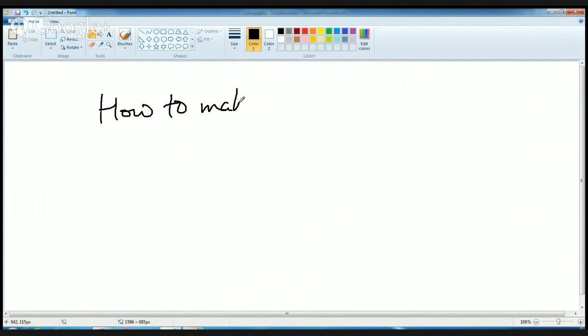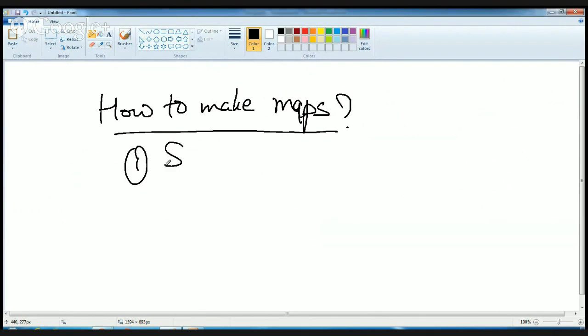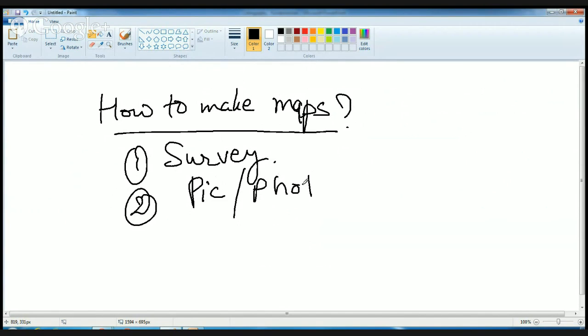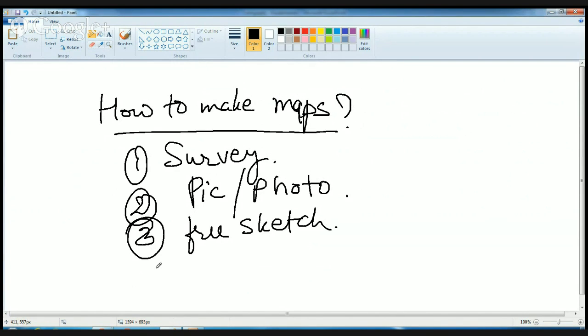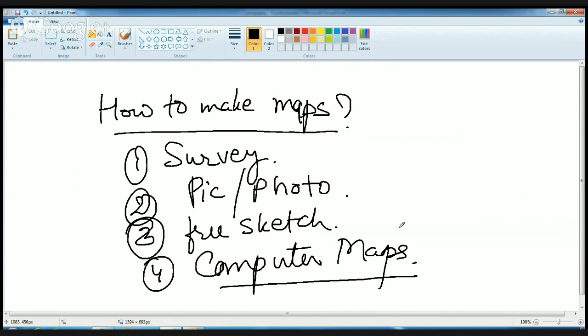How to make maps? Now this, as I said, is an art of map making, which is known as cartography. But how can I do that? There can be various ways. I can survey any area and do a map of it. I can take pictures or photographs, and based on that I can draw a map. What I can do is I can draw a freehand sketch, and next what I can do is I can make a computer generated map. This is the latest technology in cartography these days, that is known as computerized mapping or